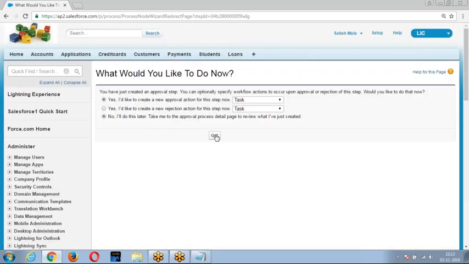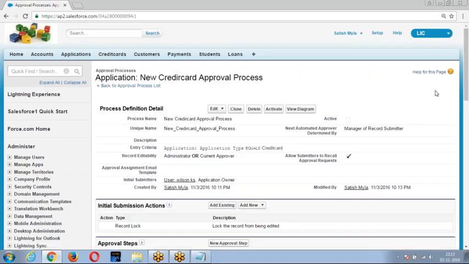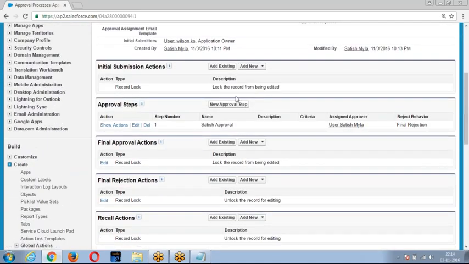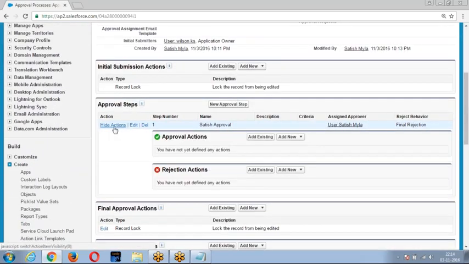Now, once I created the step, we need to specify the actions. Come here. If the record is approved, what should happen? If the record is rejected, what should happen? If you want to specify actions, what action needs to be performed when a record is approved, or when a record is rejected, we can add the actions here.